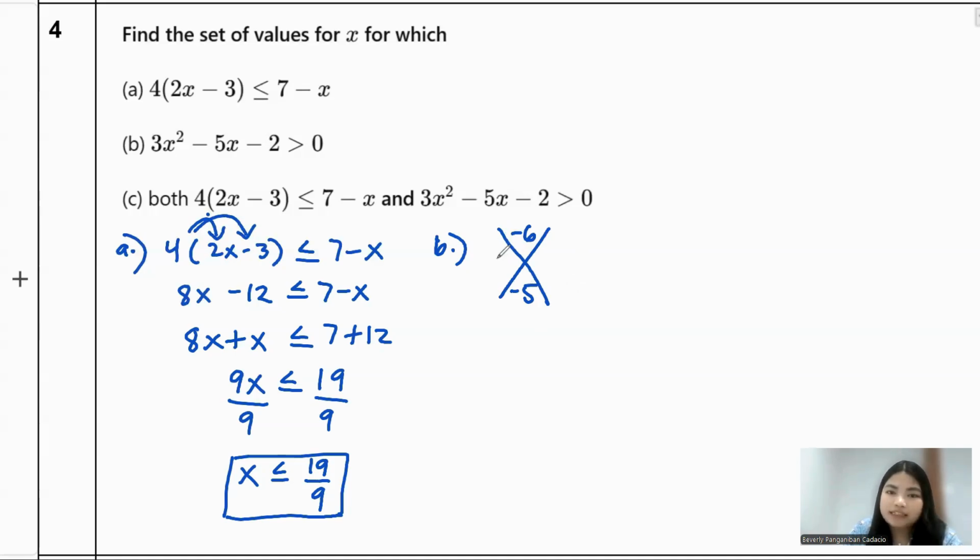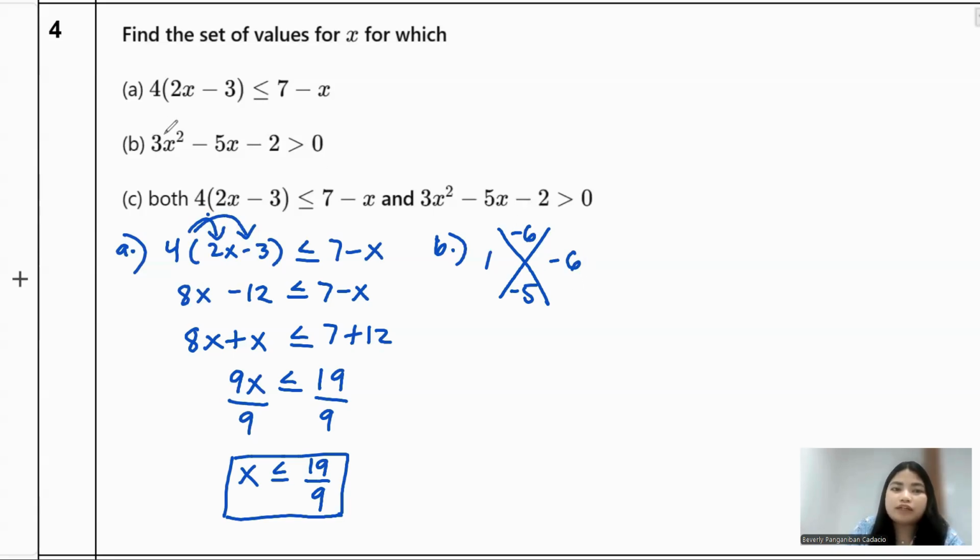When we multiply, let's try 3 and 2. Do you think it's correct? 3 times 2 is 6, and when you add it is 5, but the problem is it's negative, right? So maybe we can think of others, which is maybe 1 and 6. But the 6 is negative, so basically the negative 6 here will be negative as well. So we're not yet done.